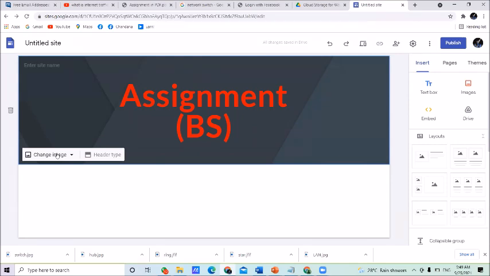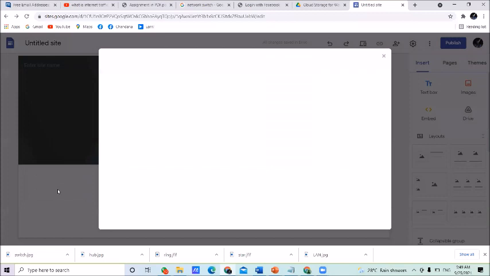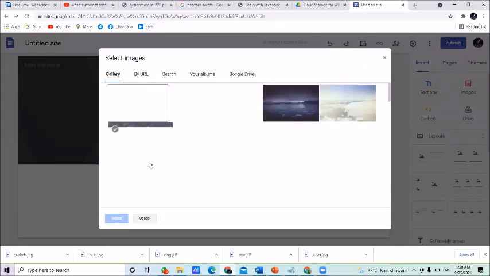Look at the example here. I am going to change this banner background. Click on change image. There are two options here. One is you can upload your own picture as a banner background, or you can select an image from your computer or from the internet.